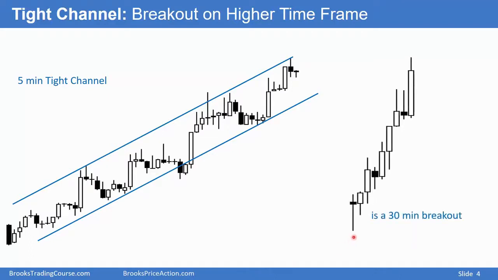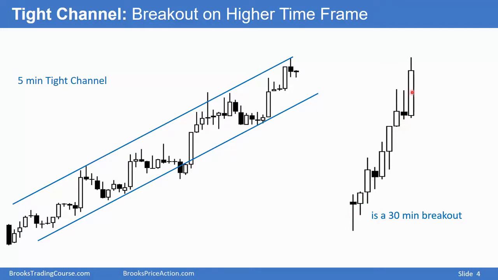Here's a 30-minute chart, same thing. Same market, 30-minute chart, 5-minute chart. On the 30-minute chart, it's a microchannel. It's a strong breakout, a series of bull bars closing at or near their highs, certainly above the midpoints. There are some bear bars, but their lows do not go below the low of the prior bar. And the following bar does not go below the low of the bear bar, triggering any stop entry short.